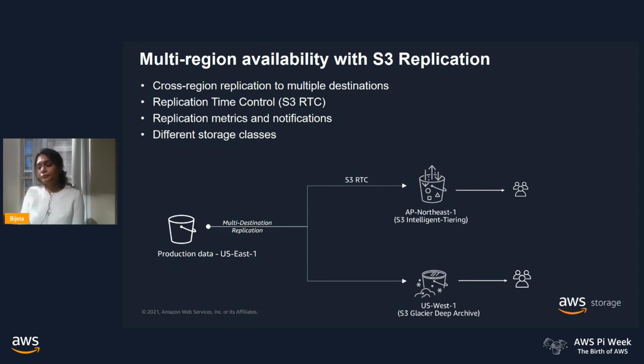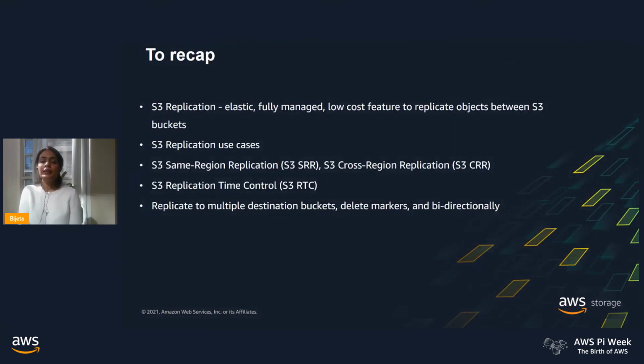All right, to recap, today we talked about S3 Replication, which is an elastic, fully managed, low-cost feature to automatically replicate objects between S3 buckets. We talked about a wide variety of replication offerings like same-region replication, cross-region replication, and S3 replication time control, or S3 RTC. We also reviewed other replication configurations like the ability to replicate to multiple destinations, replicating delete markers,